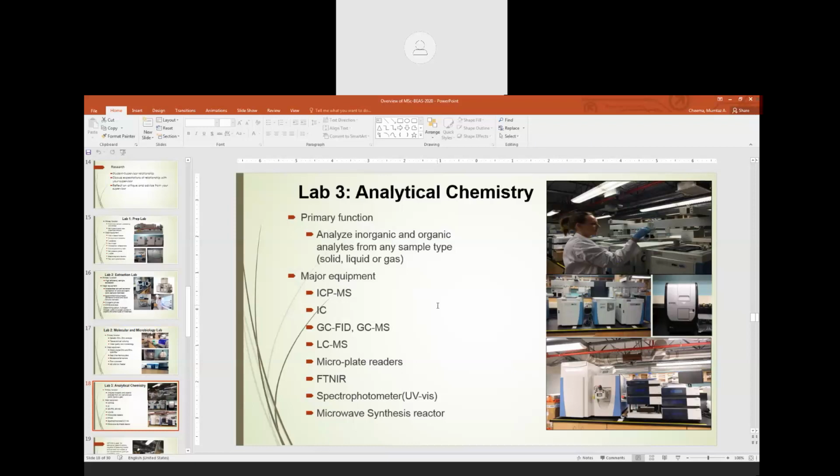At the same time, we have the IC as well. We have the GC-FID, GC-MS as well, and LC-MS. So these are all equipment sitting here that can be used for different purposes. For example, in IC, you can run nitrate and ammonium analysis as well. But at the same time, we can use other machines as well. So FTIR, as I mentioned, we have spectrophotometers. For example, we have one feed analyzer sitting in our lab.